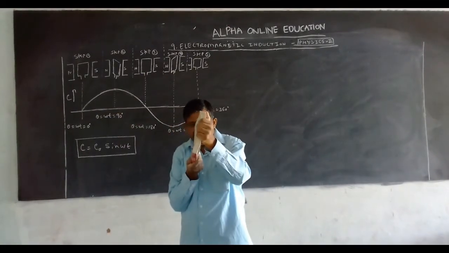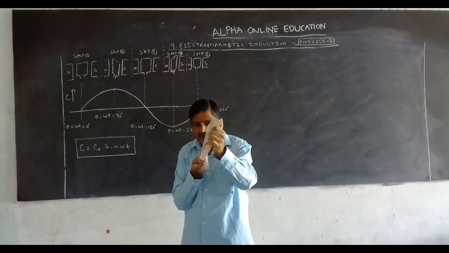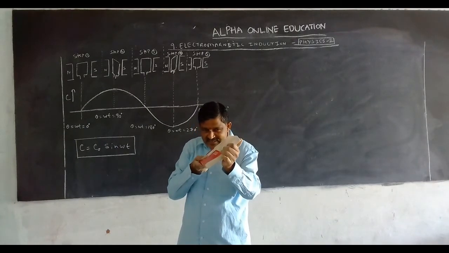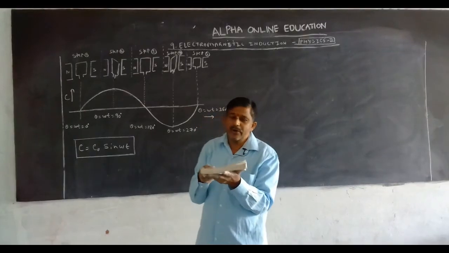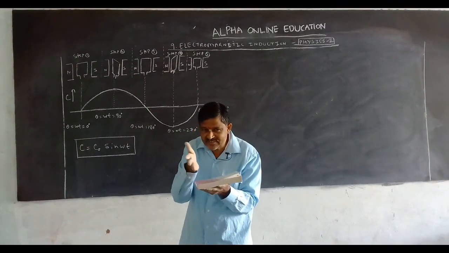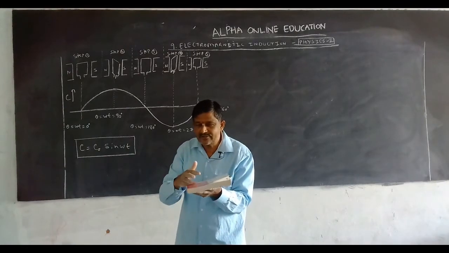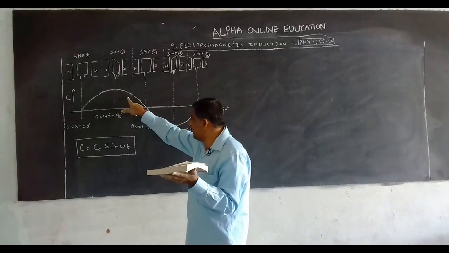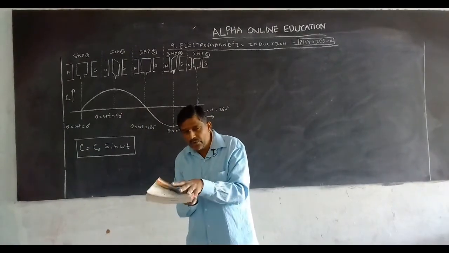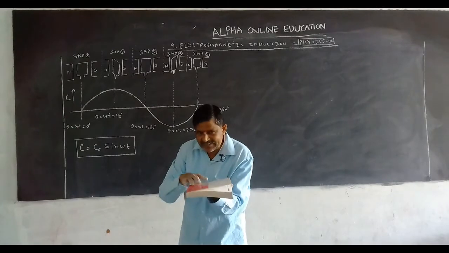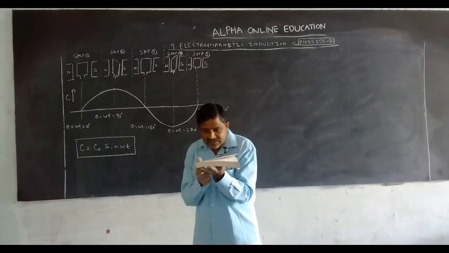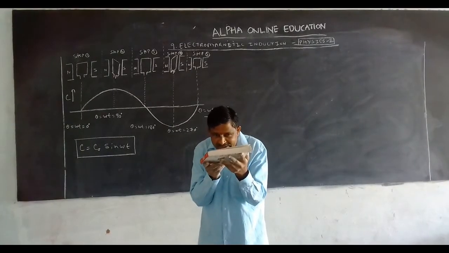Then as it rotates, what happens to the association of magnetic flux? It decreases, decreases, decreases and becomes 0. So the association of magnetic flux gradually decreases, and the induced EMF also gradually decreases. Now here the angle is how much? 180 degrees. Here 0, 90, 180 degrees. Sin 180 is how much? 0. After that, the coil keeps rotating.